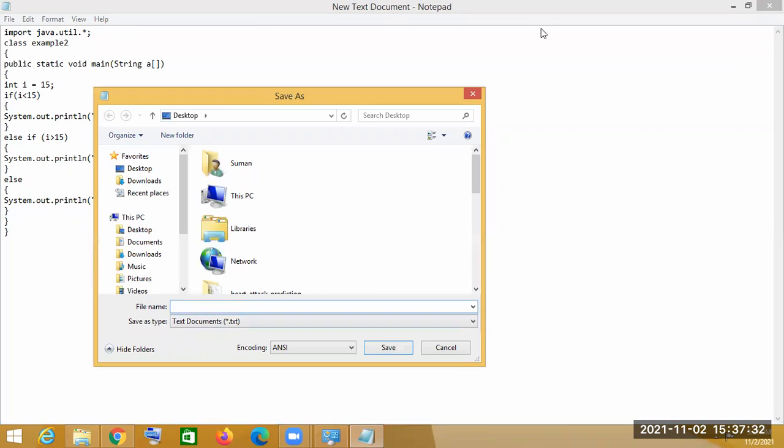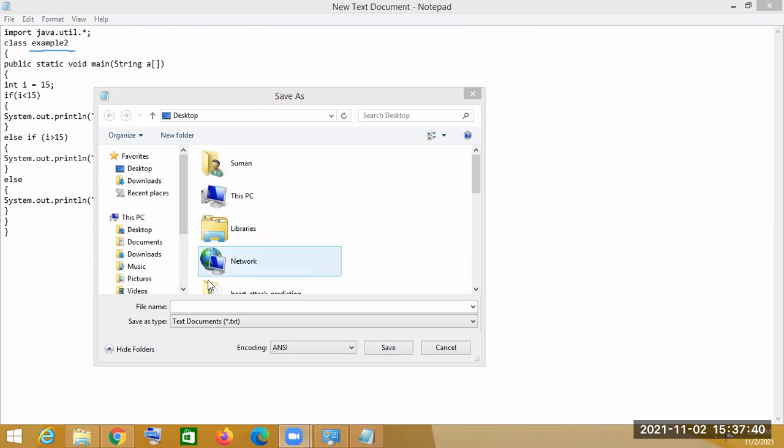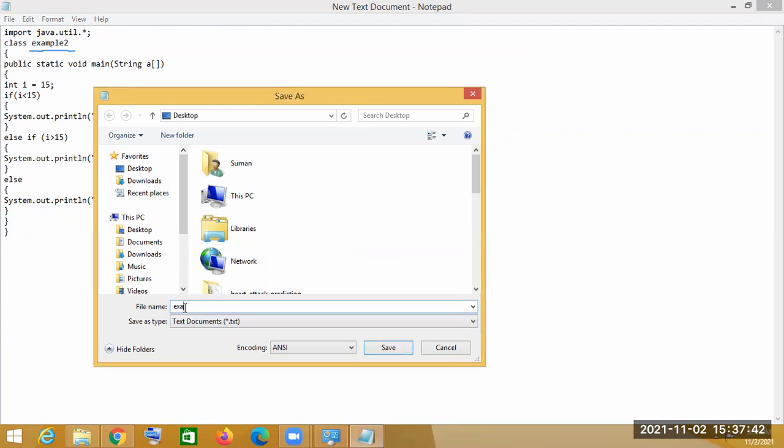The name of the class, so the name is example2, and the extension should be .java. Let's say I store this on the desktop. Save this file.